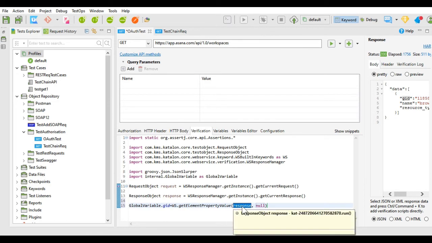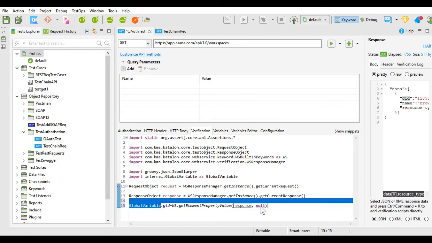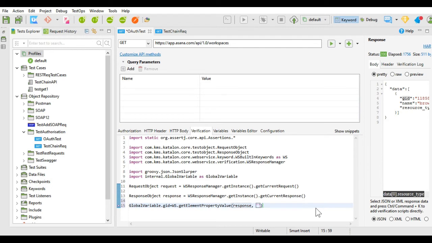Response is the response object, where the whole response will be stored, and from that response I need particular data, that is data in the bracket 0, 0th index dot gid. So I'm getting the 0th index of gid, that is this one, and I will get this value in this global variable.